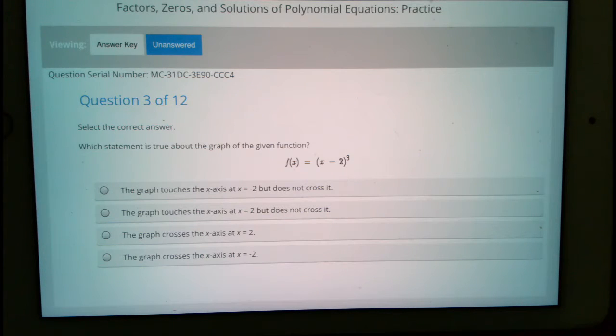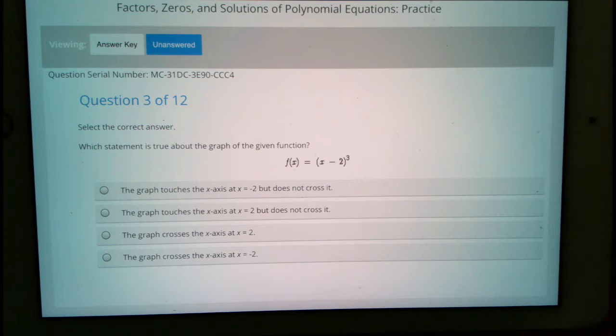Problem number 3 in lesson 6.4, which statement is true about the graph of the given function, f of x equals (x minus 2) cubed? Well, if you read closely in the tutorial, something that's really important on this problem is that it's to the third power. And that means that there's an odd multiplicity, and when we have an odd multiplicity, that means that we cross the graph. So we can eliminate the first two choices on this particular screen, and my choices